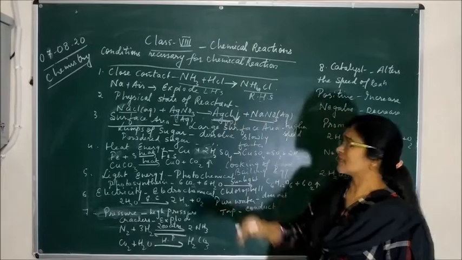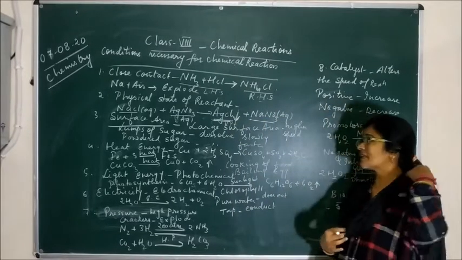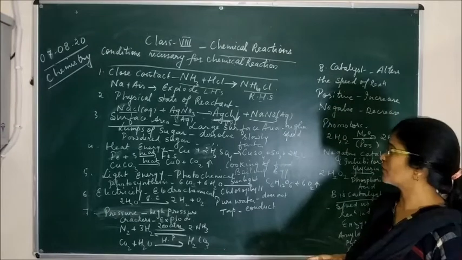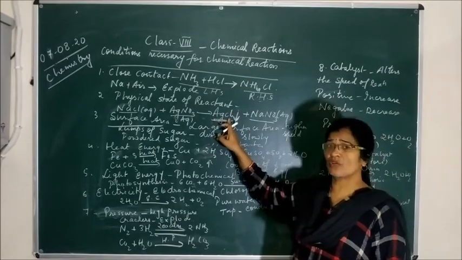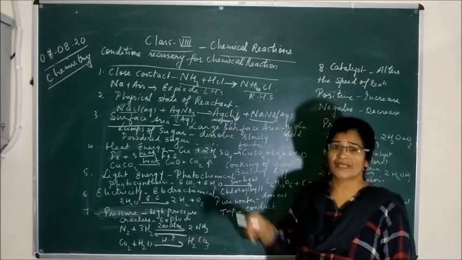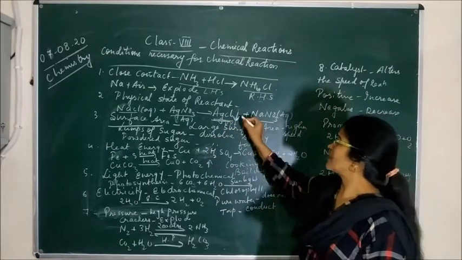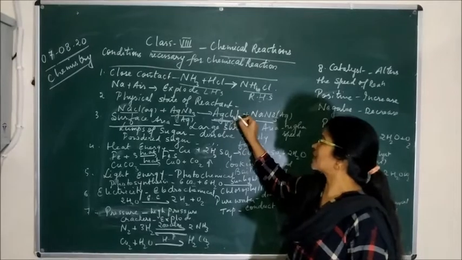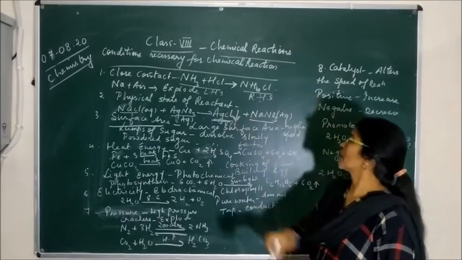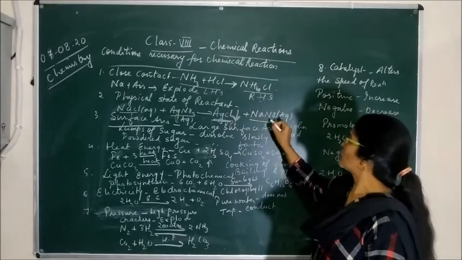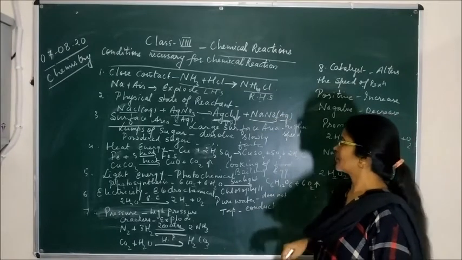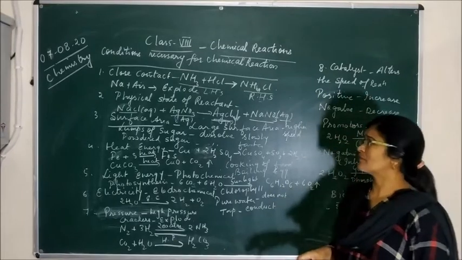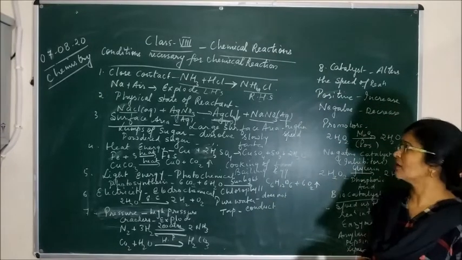Precipitate I have already discussed in the previous class. It is the insoluble solid which is formed during the chemical reaction. So AgCl, or the silver chloride which is formed, it is called the precipitate, and precipitate is always indicated by the downward arrow like this. Plus NaNO3, sodium nitrate, which is also in the aqueous state, which is formed as a result of the reaction between the sodium chloride and silver nitrate.